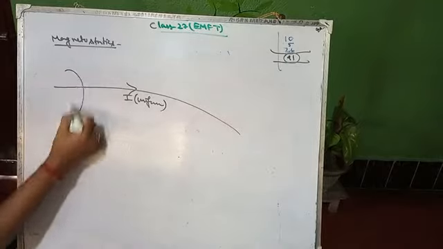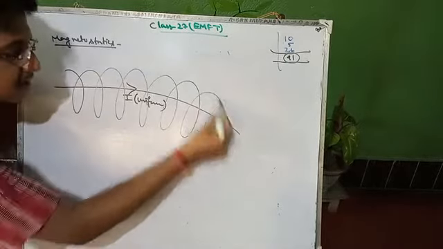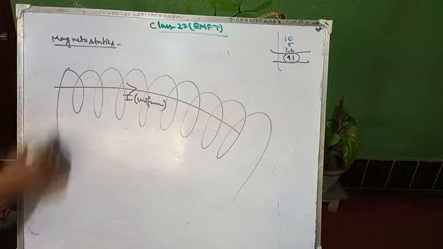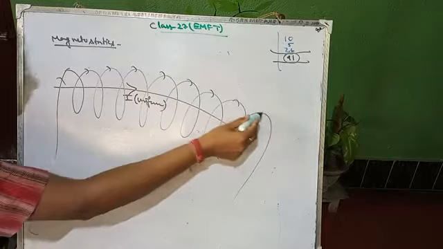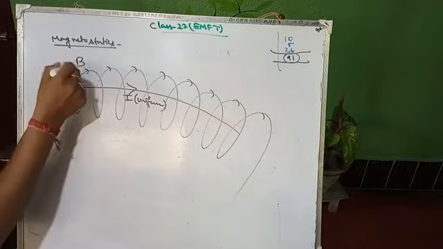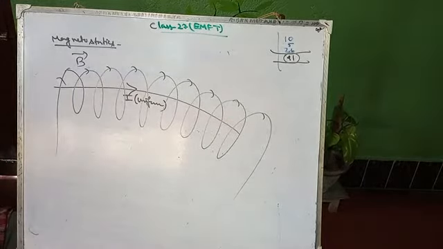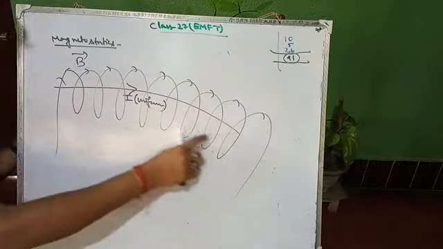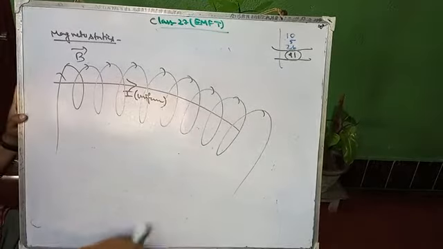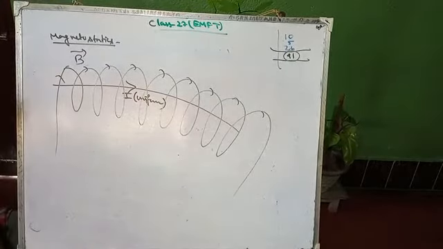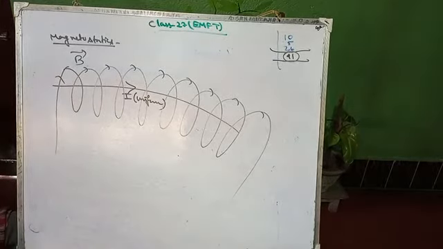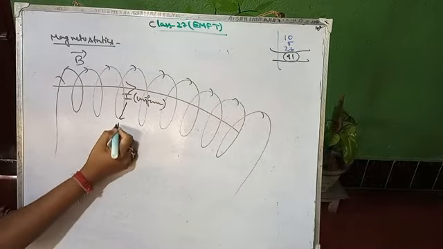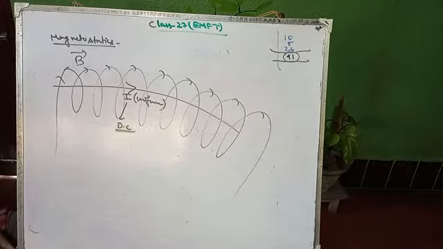Then around the conductor there will be fluxes. This flux is nothing but your magnetic flux B. This magnetic flux is generated due to the movement of electric current uniformly through any conductor. So these fields are also produced by constant current flow or direct current. So it must be a DC.